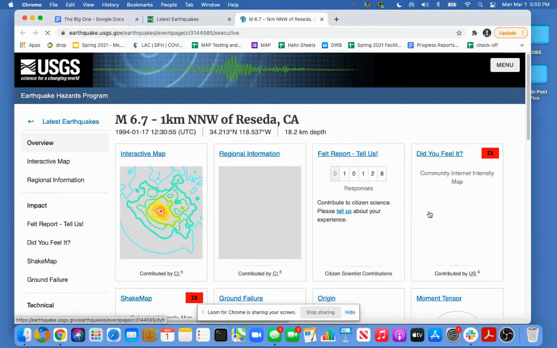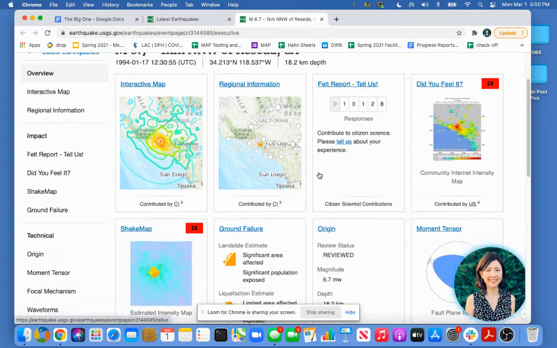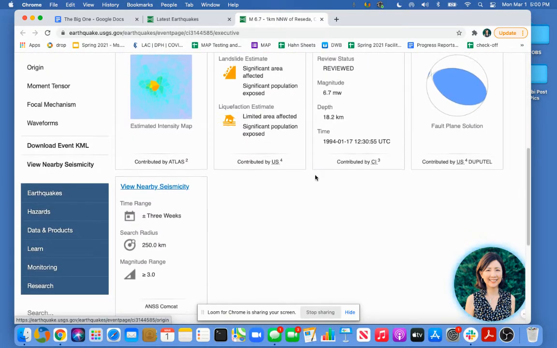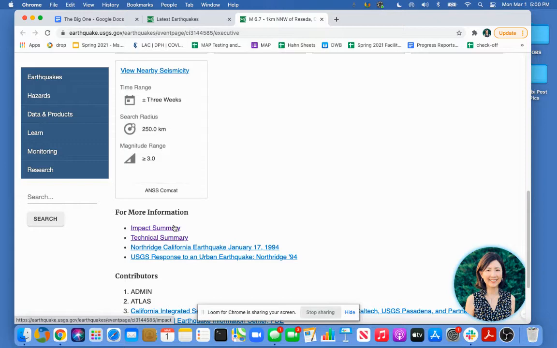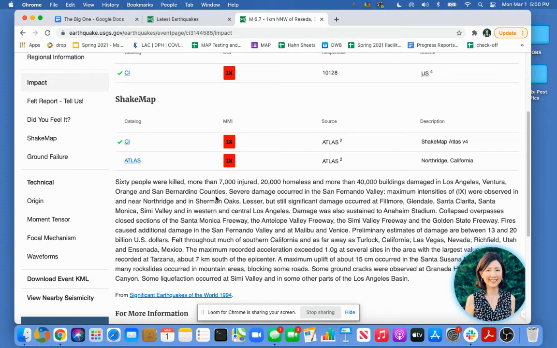And it tells us here's the latitude, longitude, the location of this earthquake, which we know is in Northridge or Reseda. Here's the date and the time, and this is the depth of the earthquake. If we click on here for impact summary, we're going to find out more details. 60 people were killed, more than 7,000 injured, 20,000 homeless, more than 4,000 buildings damaged. So that was a pretty significant